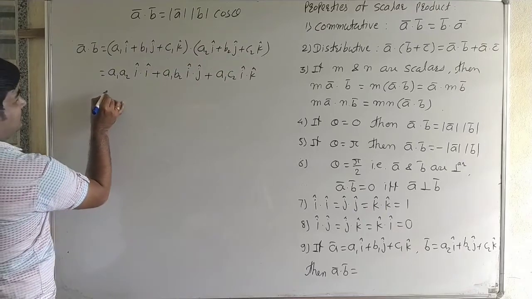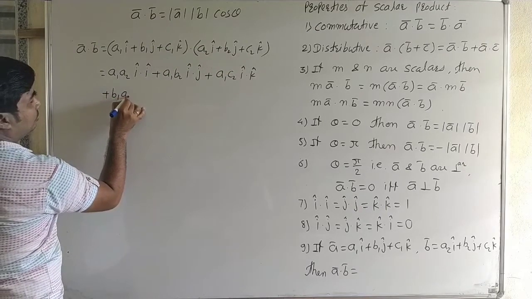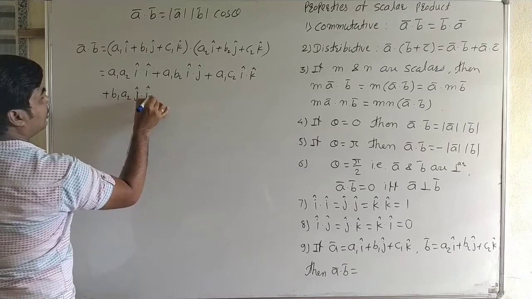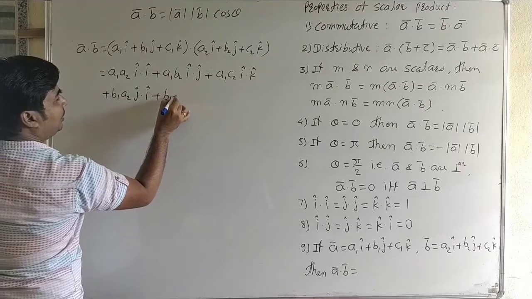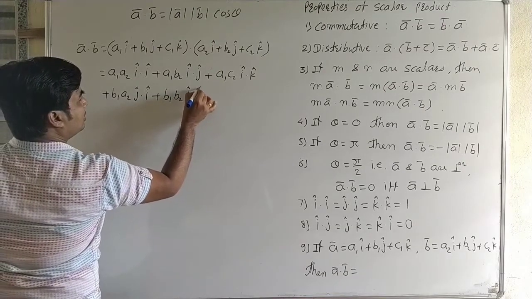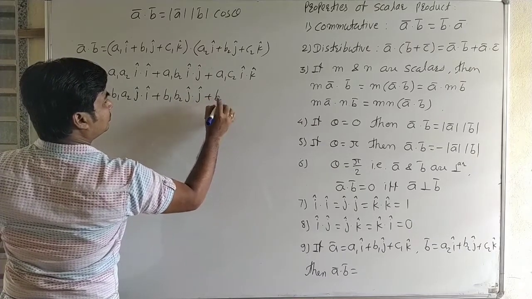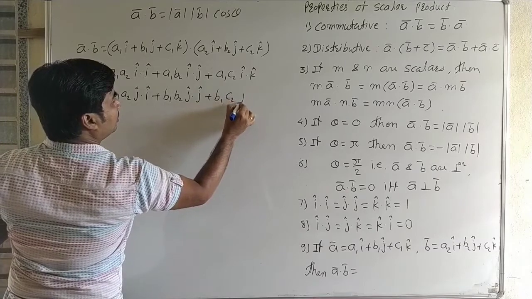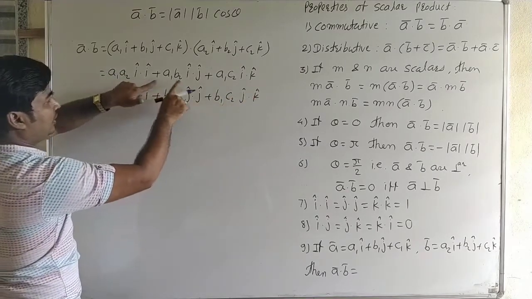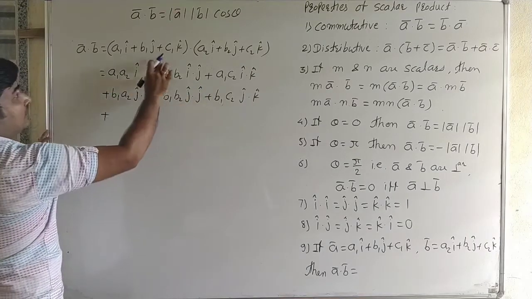Then plus B1 A2 J cap dot I cap plus B1 B2 J cap dot J cap plus B1 C2 J cap dot K cap. It is a product of two vectors and it is a product of two scalars. Okay, now plus C1 K cap,